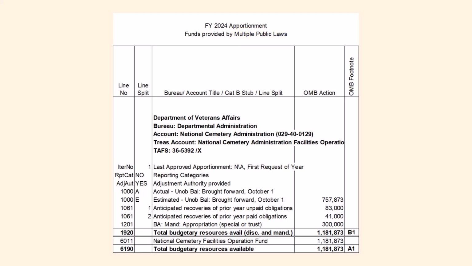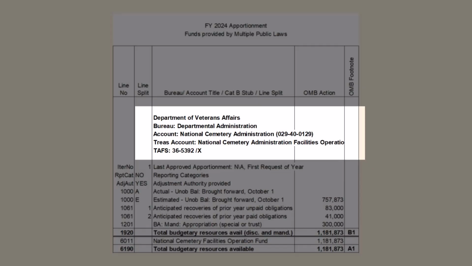When an account is funded by numerous appropriation acts, OMB can use this summary approach rather than listing every individual public law. This is common for large and complex agencies with funding from multiple sources. This apportionment is for the Department of Veterans Affairs, with the Bureau listed as the Department Administration and the account as National Cemetery Administration. The specific account name is National Cemetery Administration Facility Operations, with TAFs